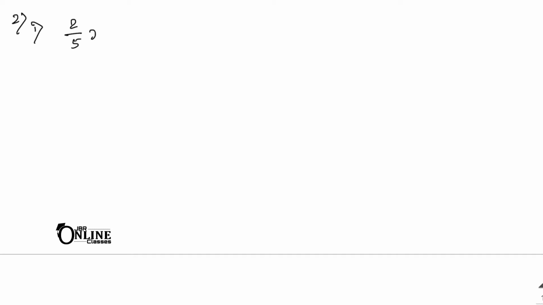Okay, so here the first one, 2 by 5 x to the power 4 minus root 3 x square plus 5x minus 1. So here the variable is x, and the first one, x to the power 4, positive; here x square also positive, x also positive. So this is a polynomial. Okay, that means for this one, its answer is yes. Now you have to find out also the degree. So degree is the highest power of the expression. So as here 4 is the highest power, so here degree equal to 4.